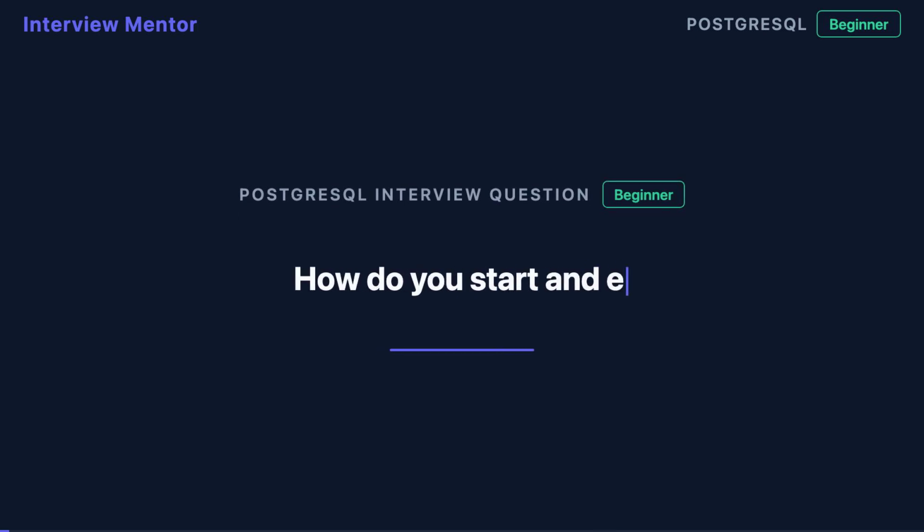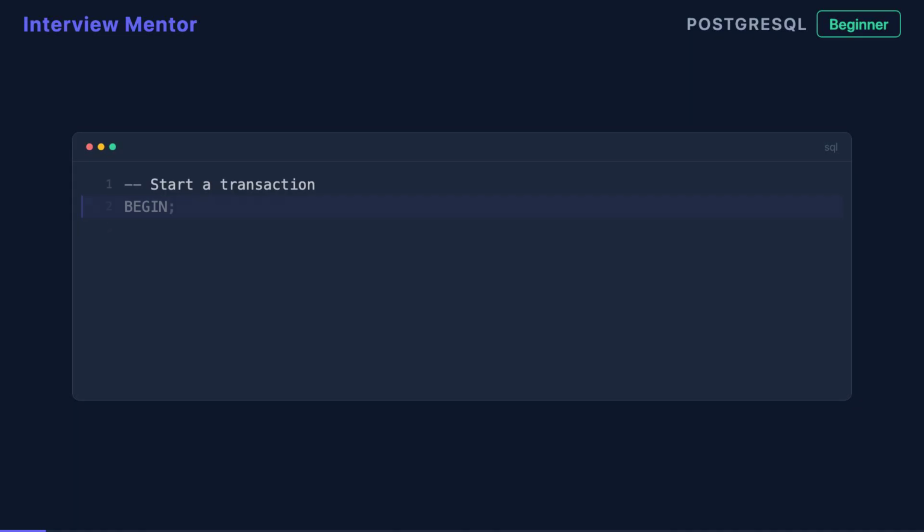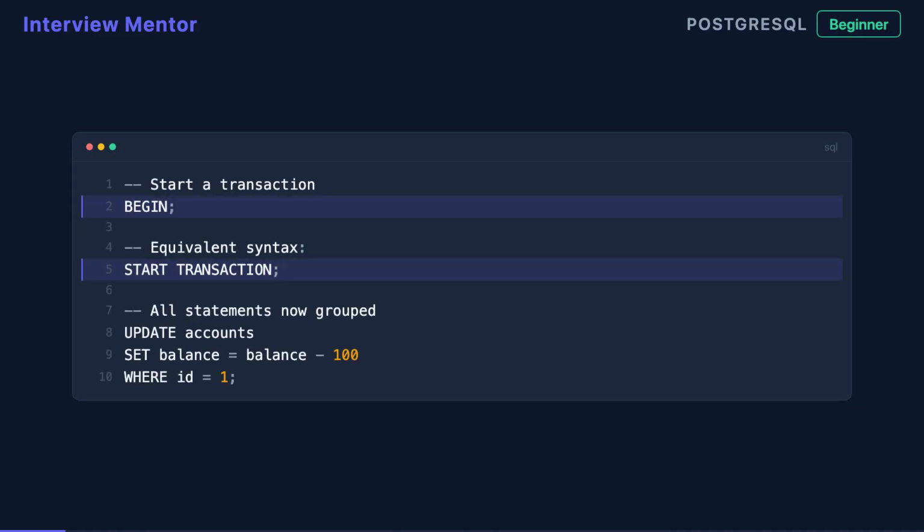Ever accidentally deleted half your database? Transactions could have saved you. To start a transaction in PostgreSQL, you use the begin keyword, or equivalently, start transaction. From that point forward, every SQL statement you run becomes part of that transaction. They are grouped together as a single unit of work, and nothing is permanently saved to the database until you